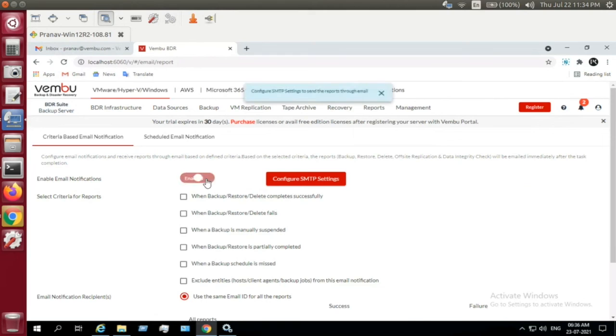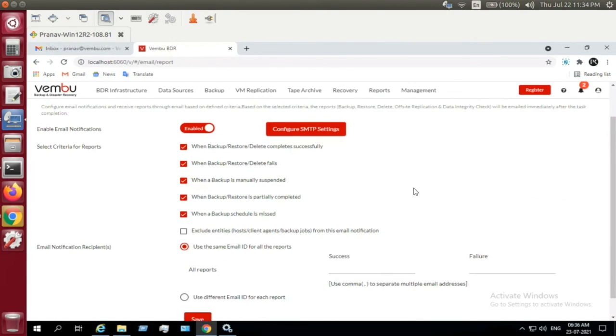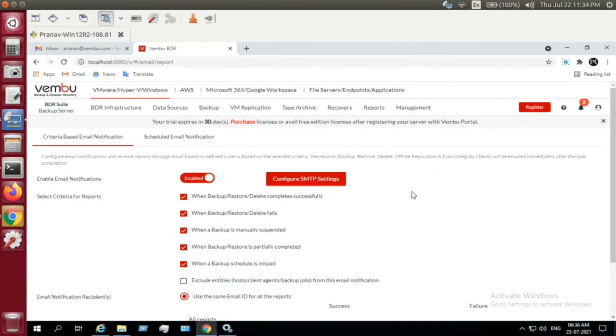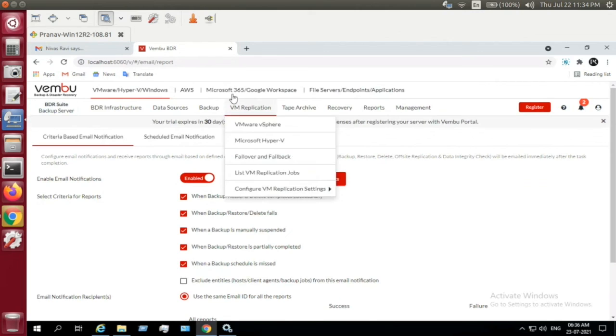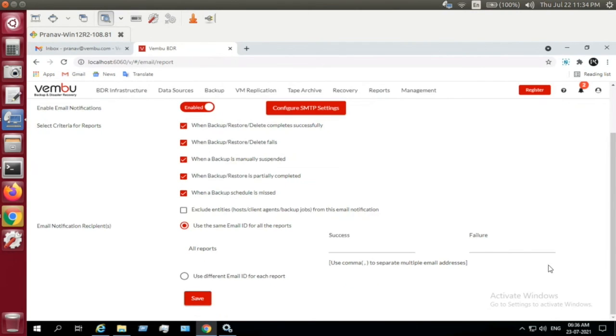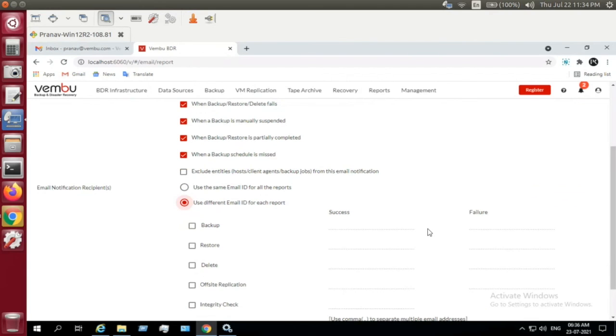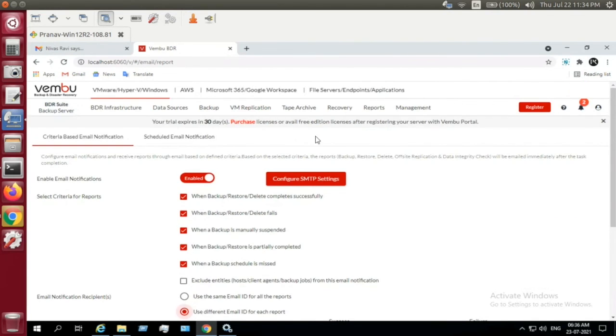For example, when you set your email notifications with configured SMTP settings, all the reports will automatically drop into your email, on both success and failure. You can choose one email, or add emails continuously, or choose a different email for different reports. So this is what your Hyper-V is all about.